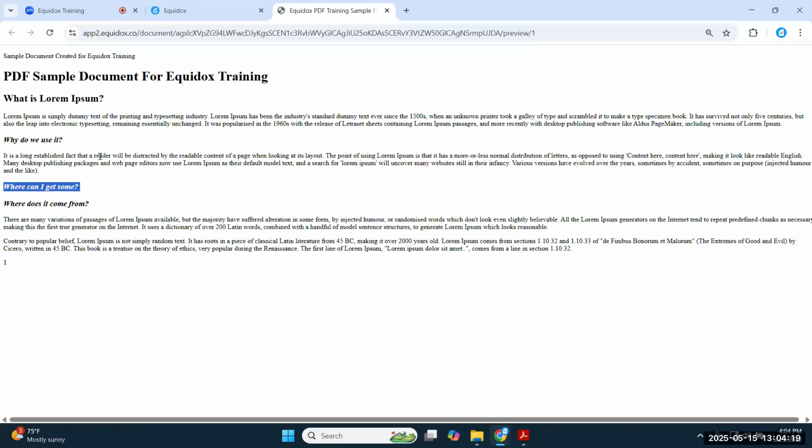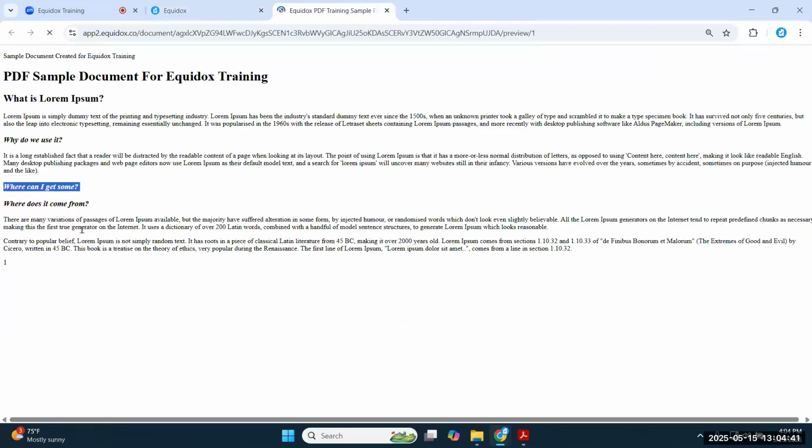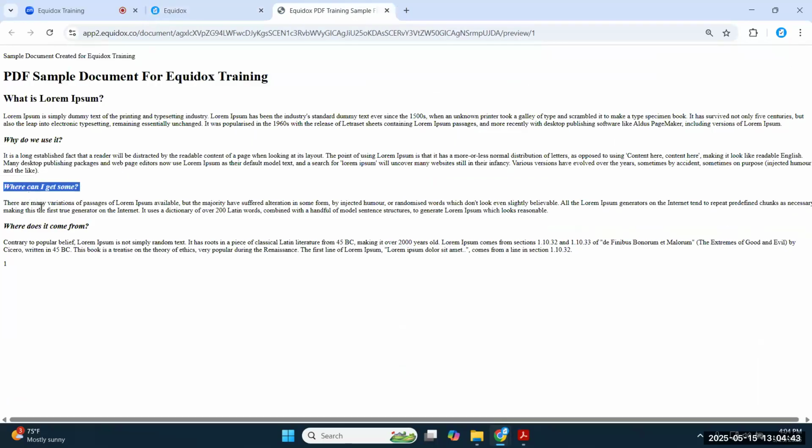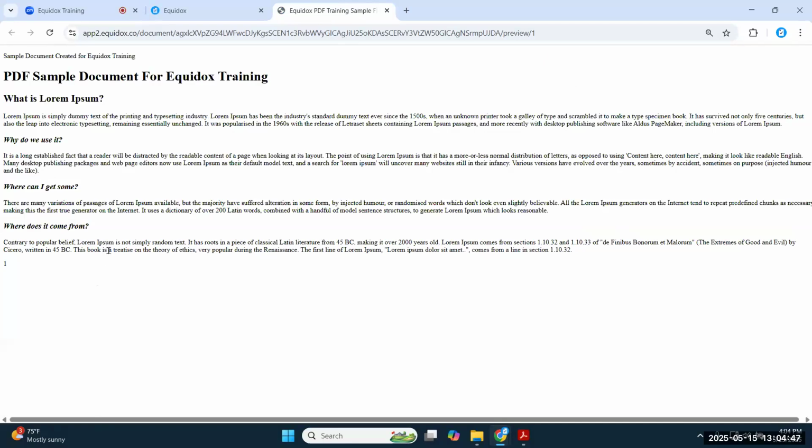So the problem is very simple with this page, and you've probably figured it out by now. It's just the fact that we're sitting here with a 1-column reading order, but this is a 2-column section of this page. So the fix is really, really simple. All I have to do is change this in the drop-down menu from 1 to 2 columns and press reorder. And it happens instantly, but when I go back to my preview, I will see that now my paragraphs are directly following their corresponding heading as it should be read.